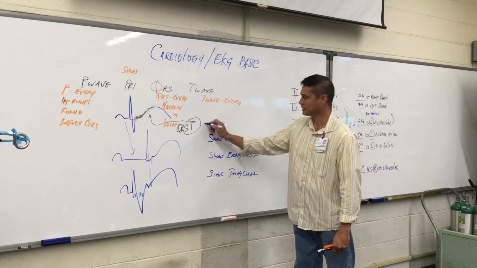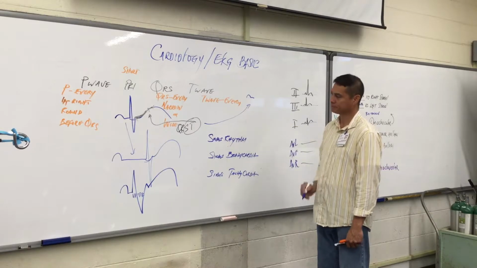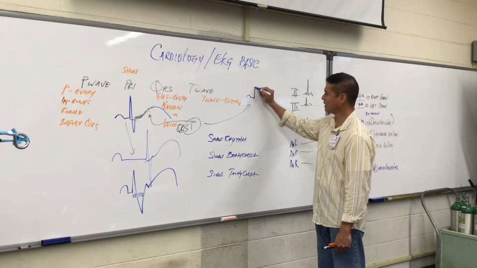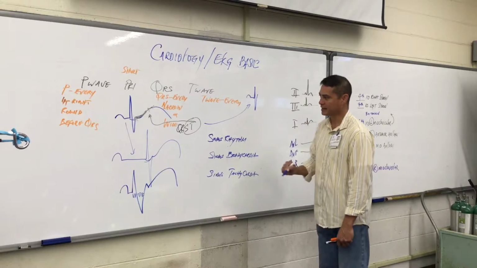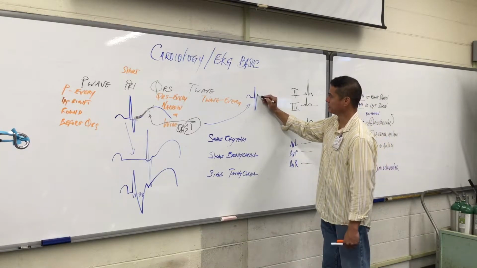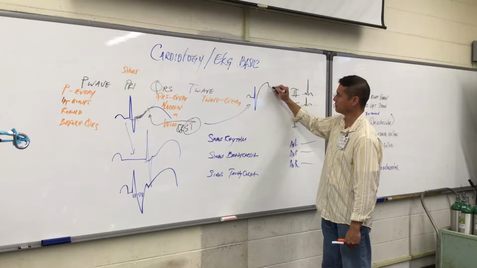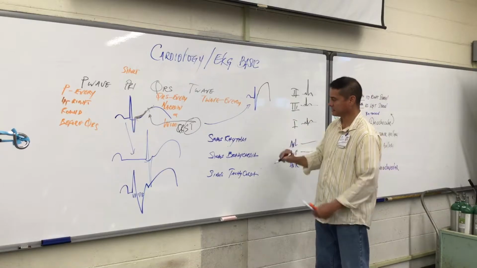So I'll draw this P wave. We'd have a PR interval. We'd have a QRS complex. And then the ST segment, which is what we're looking for in the heart attack, is that this thing kind of goes up, and it continues to stay up. And eventually this ST segment